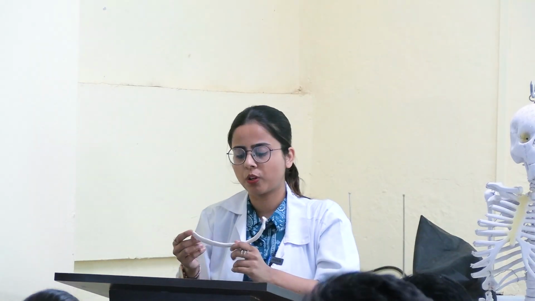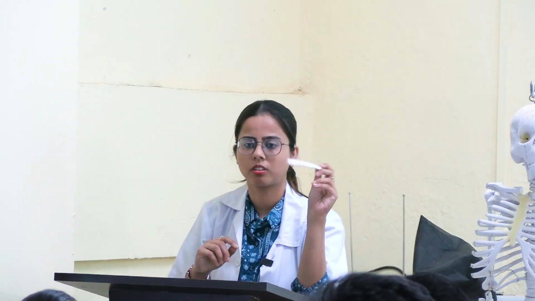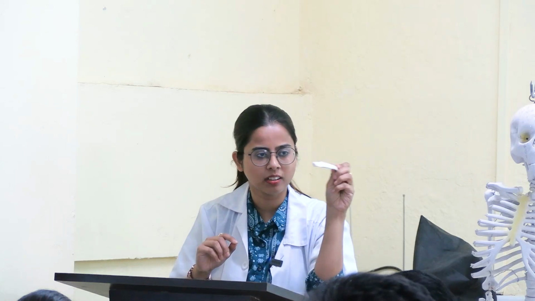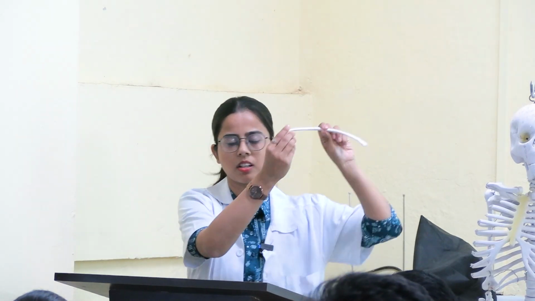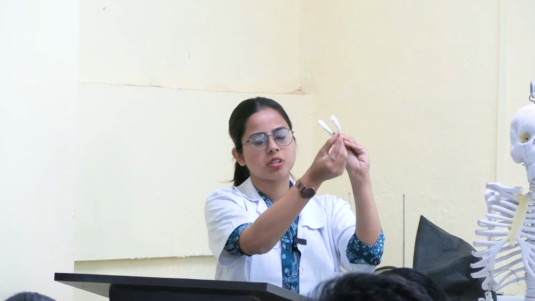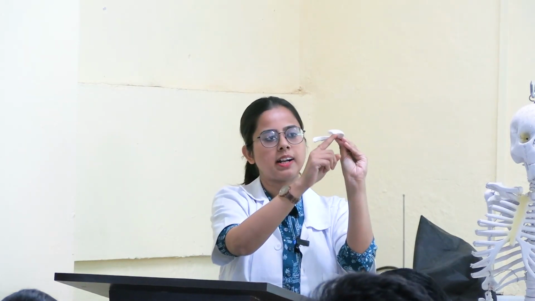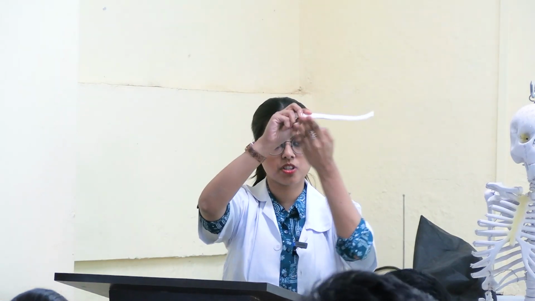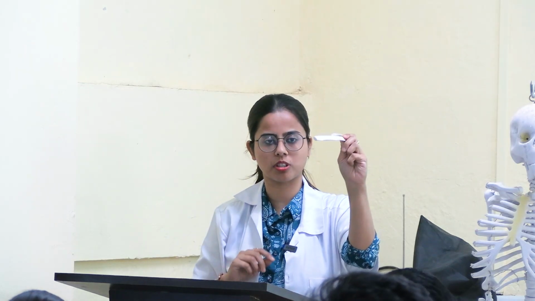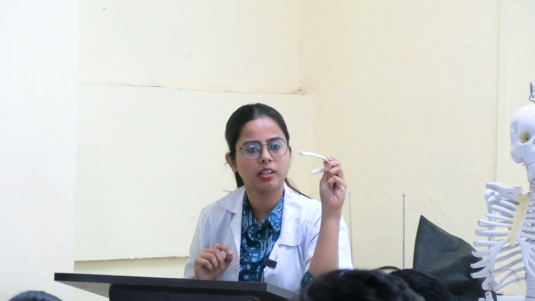Okay, how do you hold a rib? We hold it in a pen holding position, like you hold a pen. This is the posterior end, this is the anterior end, the costal groove is below, and the upper end is rounded, lower end is sharp. The way you hold your pen is a similar way you hold the rib. So 10th rib understood, 11th rib.